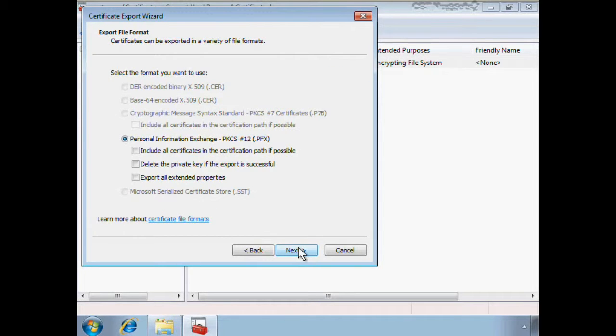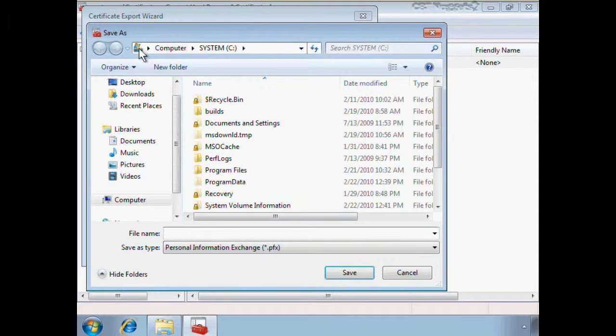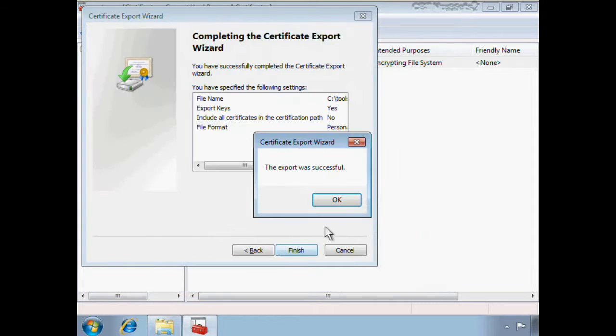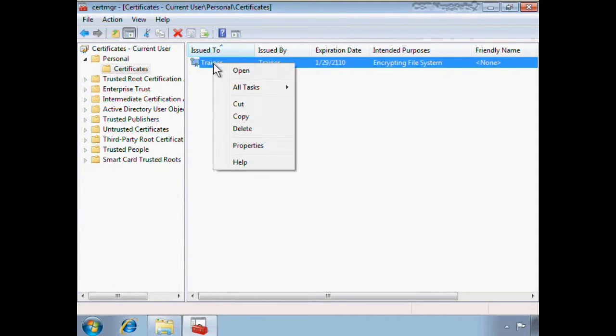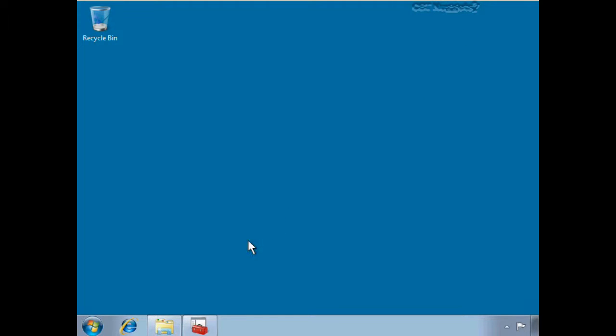I'll use the default PFX format, supply a password. File name, let's just put it in our tools folder again. I'll call this backup and finish. Now this is going to come to the fore if something happens to that certificate, like it's been deleted. Remember, if something happens to the user's profile, unless you're storing the certificate in Active Directory, you're very vulnerable in